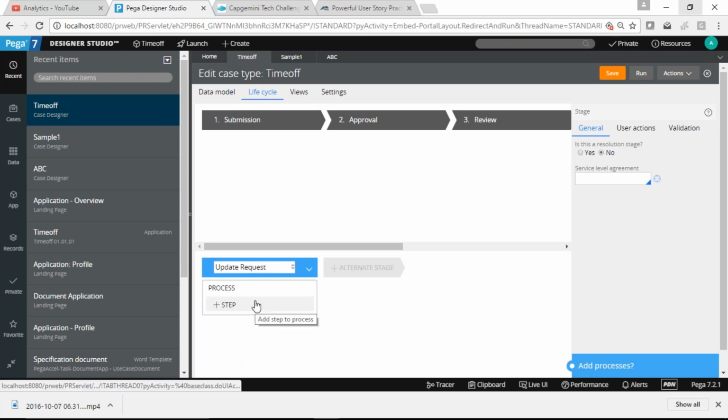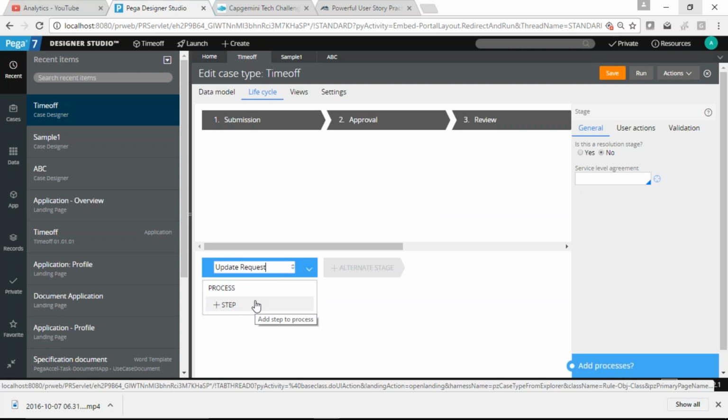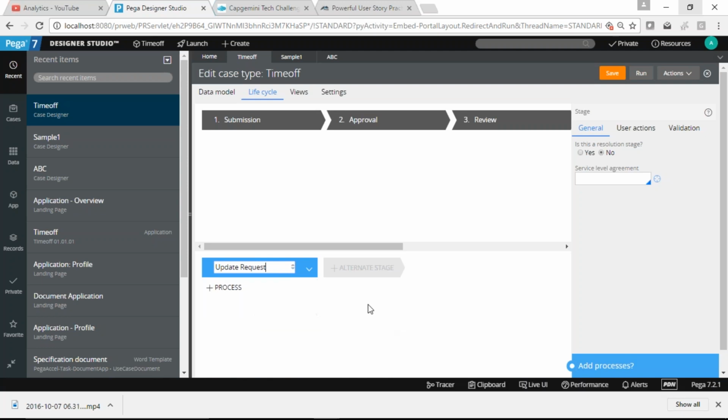Alternate stages come when you are doing something: we are going to update the request, reject it, or cancel it. So an update alternate stage follows a different naming convention from the primary stage.